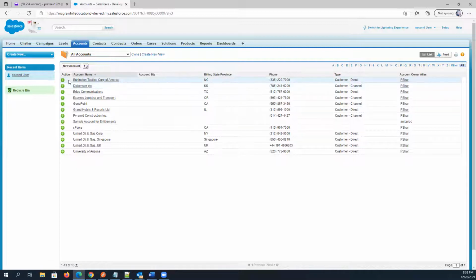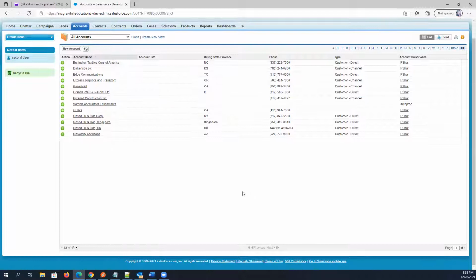So yes, this is how you can change anything on profiles, right? So what I want from you all is to just create a profile and user like we did by cloning the standard user profile and play with it, change things, right? And if you have any issue or if you face anything, just let me know, but just change it. So we have completed the user and profile topic.